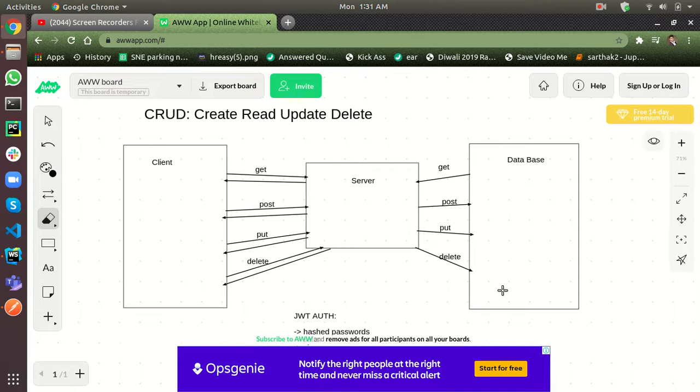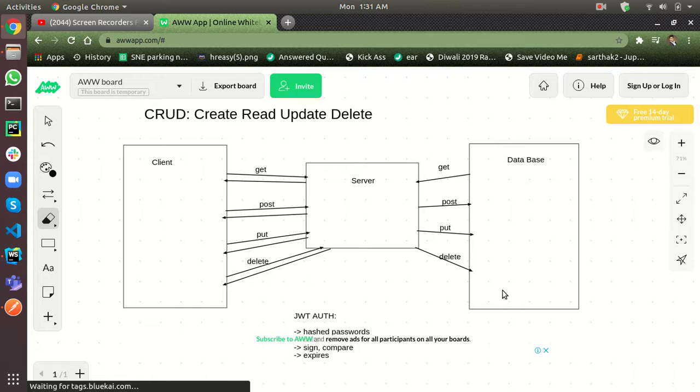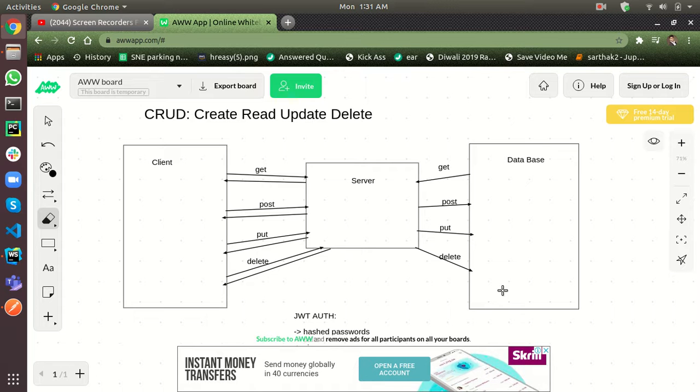I will take an example here, like we use Instagram in our life. When we first click on Instagram, we get the news feed or posts of other people we are following. We are the client, the server is the server of Instagram, and the database is whatever Instagram uses. So we hit the get request as soon as we open the app. We get some recent data from the database about what posts somebody has posted, and it comes back to our UI page. So this is a get request.